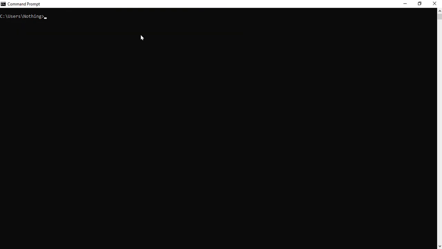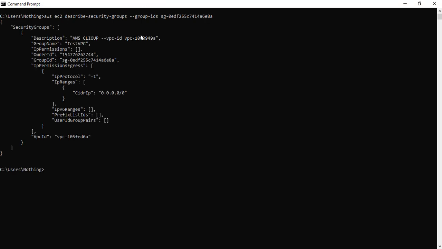So now let's look at the IDs that we have created. And then we can simply type the ID that was generated before. And there it is. You will see that now you have created the VPC ID, plus you have created the group ID, and then you have the owner ID attached with that. The name of this group is test VPC, like the way we selected.